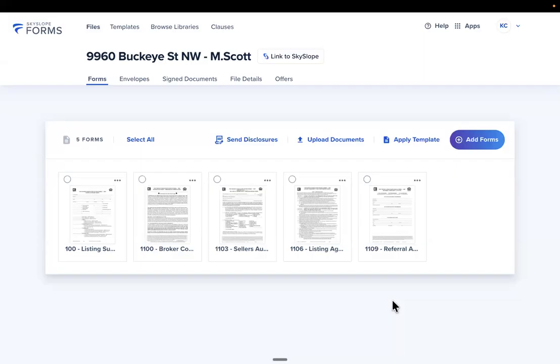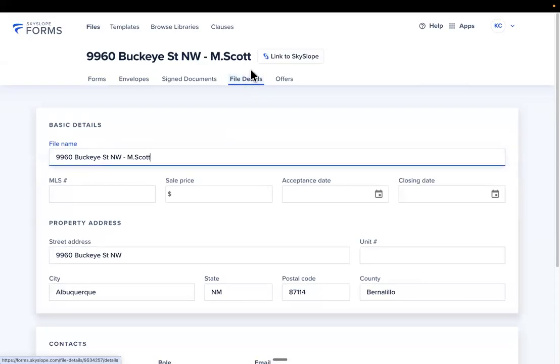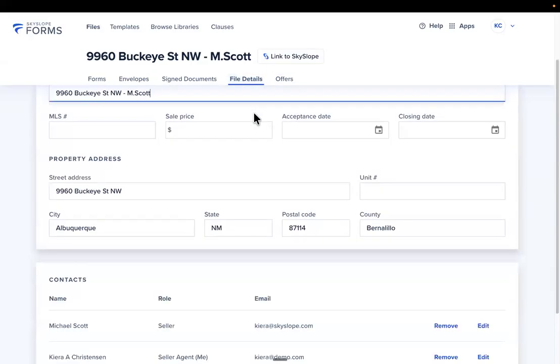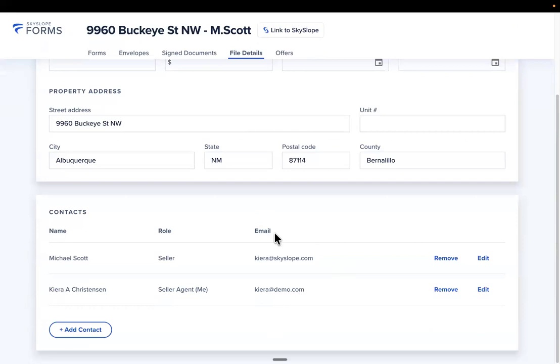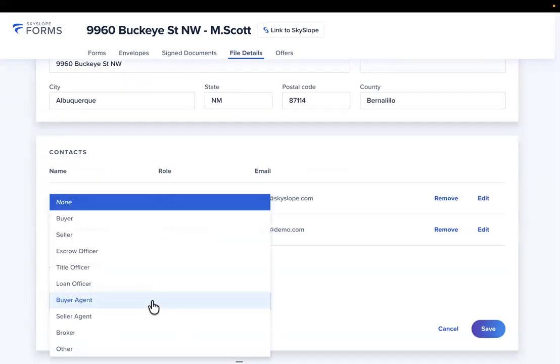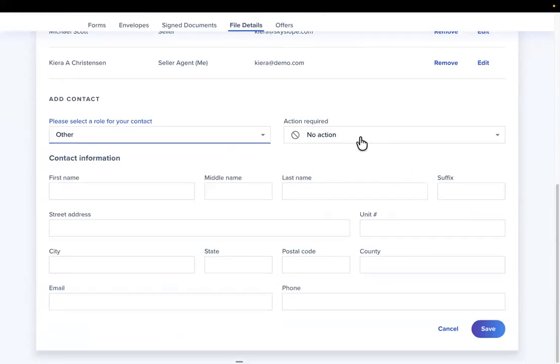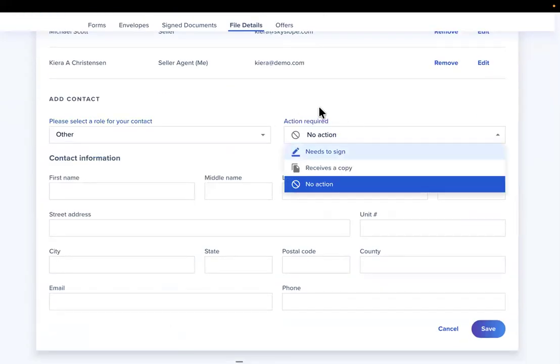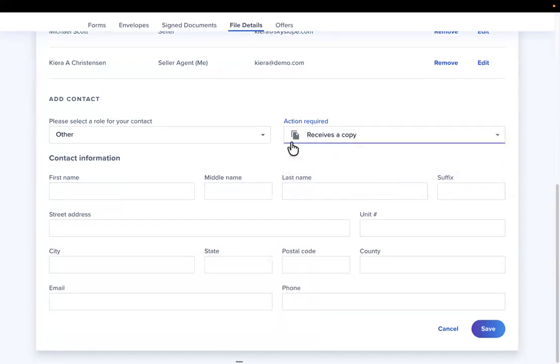Before I do, best practice, I always like to highlight the file details page here. So file details, this is going to contain your contacts. So if you have any additional contacts, maybe you have a co-listing agent or an assistant, maybe a transaction coordinator, whatever the case might be, I'm just going to say I have an assistant here today. I can actually default their action when we jump into DigiSign. So if I want to preset them to needs to sign, maybe receives a copy,